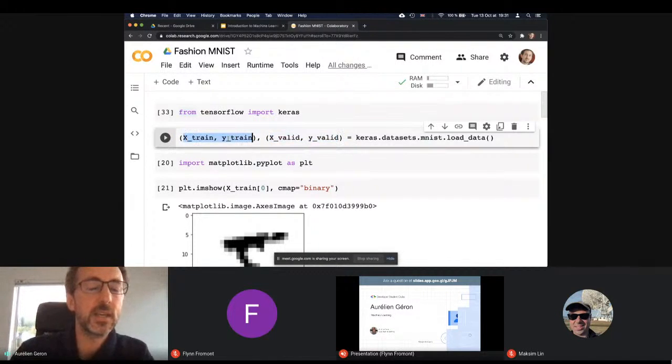So the training data is what is going to be used to fit my model to the training data. And then once my model is fit to that training data, I'll verify that it works correctly on the validation data. So the validation data is not something that the algorithm is going to see during training.